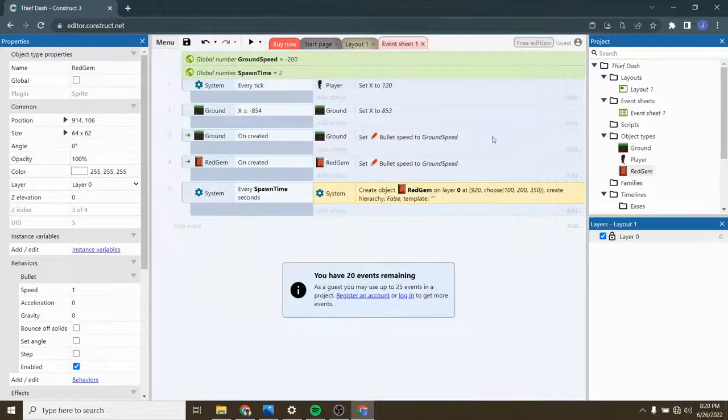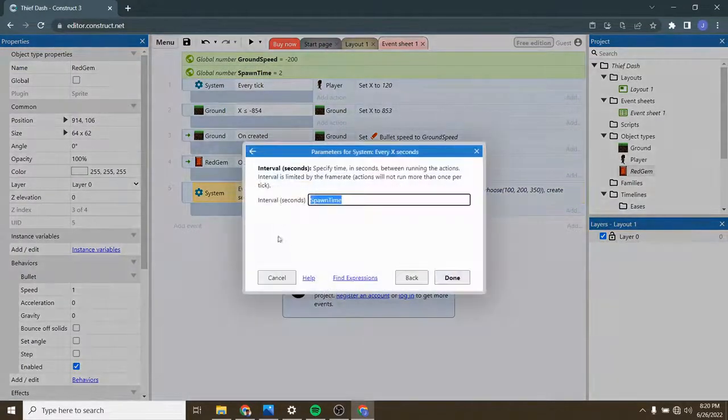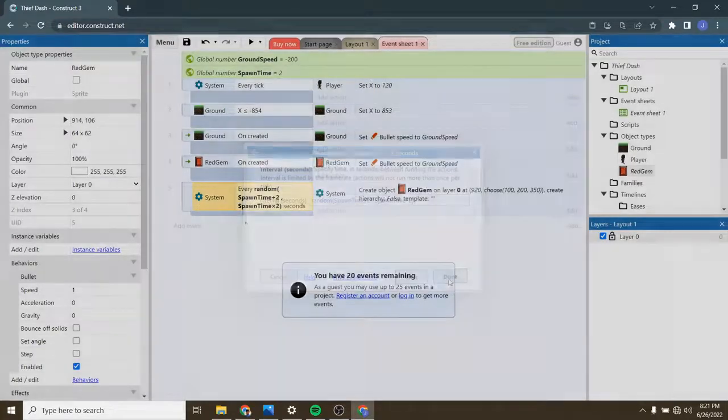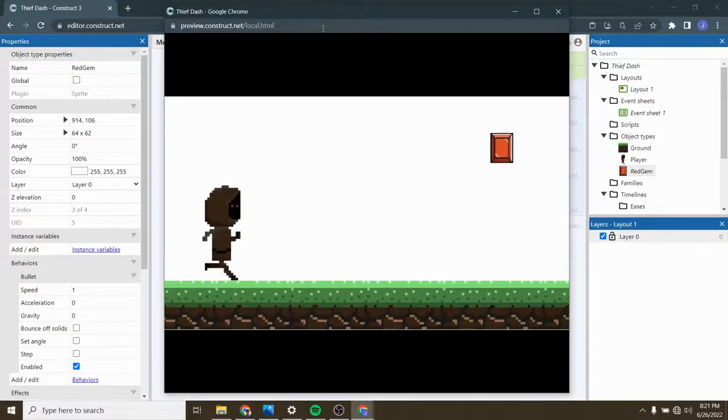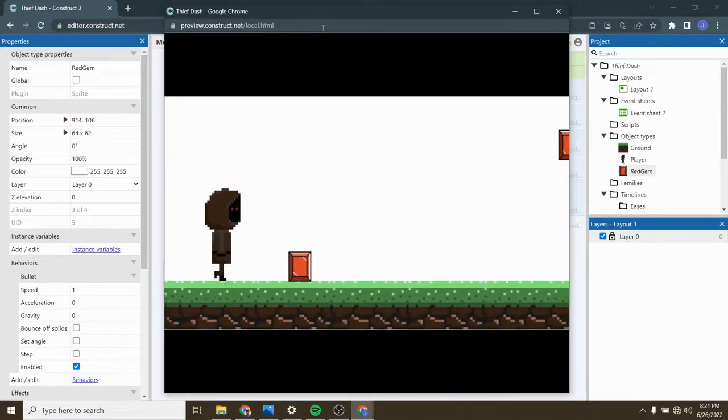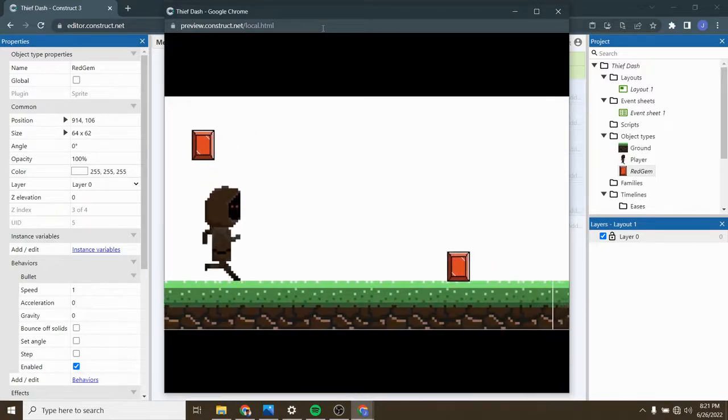Now this is also a little bit boring because it's coming in a regular rhythm. So let's say that on our interval right here, let's make it random. So let's say anytime between random spawn time divided by 2 and spawn time times 2. So that'll give us a range of times that we could be dealing with. And let's see what it does now. So now I've got a little bit of time in between. You see that it's spreading it out in a seemingly random